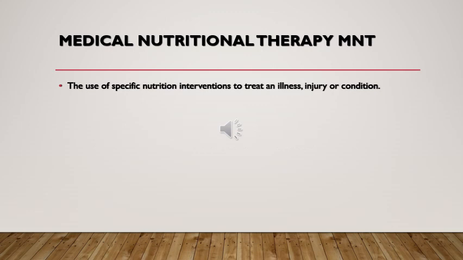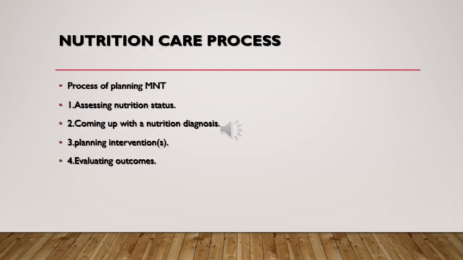Medical nutritional therapy, MNT, is when I manipulate the nutrition of a diseased person to treat his injury or condition. I'm going to follow 4 steps to treat the condition. First, I'm going to assess his nutritional status to diagnose the ailment, and then I'm going to make a plan for his nutrition. He would follow it, and then after a period of time, I'm going to evaluate the success